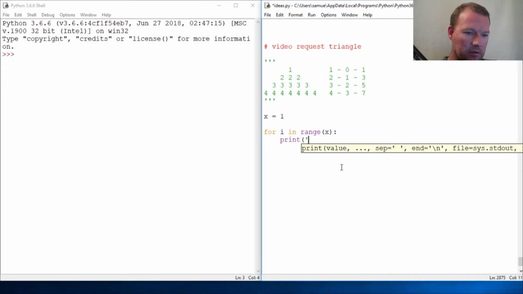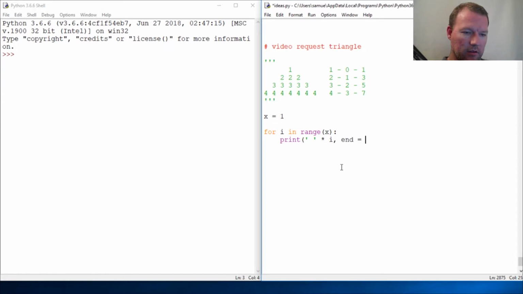Print. So we need a space. Then we do quantities of, let's see, is it i times i? Then end. And if you do not know what end is, go and look at new line suppression, how to suppress a new line. I have not looked up what video that is, but it's all searchable. But all right, so then we need